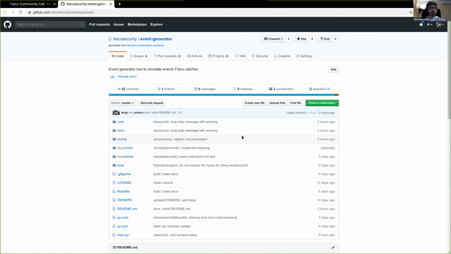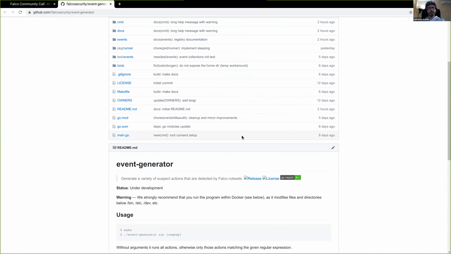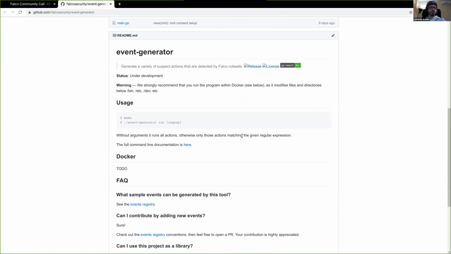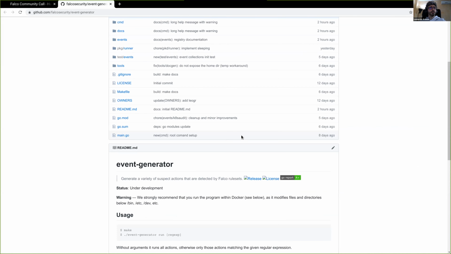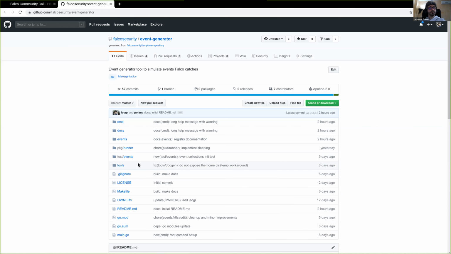Basically, this is a Go tool that re-implements the same function of the old event generator, but with some more usability features and also with more extendability features.